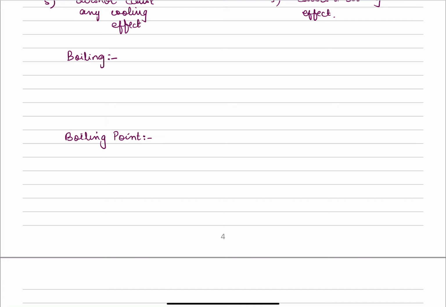In the previous video, we saw the process of melting and we saw the definition of melting point and the differences between boiling and evaporation, which comes under the umbrella term of vaporization. In this video, we're going to look at what is the definition of boiling point and what occurs at a molecular level during boiling. So when we boil a particular liquid, again we have to increase the temperature of the